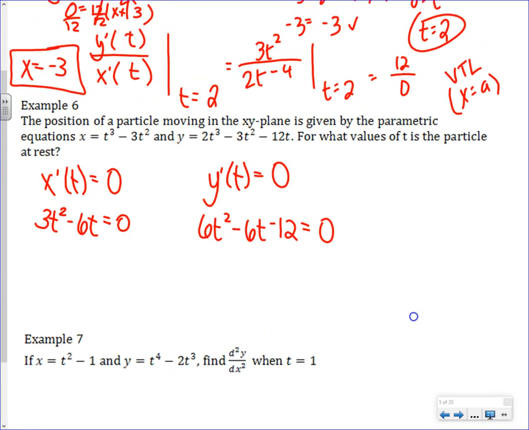So therefore, you guys were hopefully factoring. You ended up with 3t(t minus 2). So therefore, horizontally,